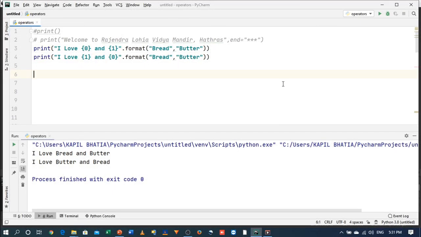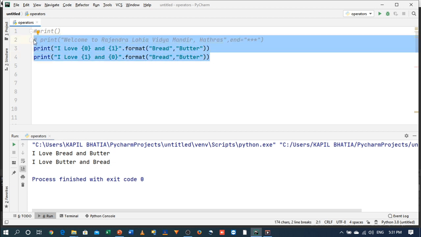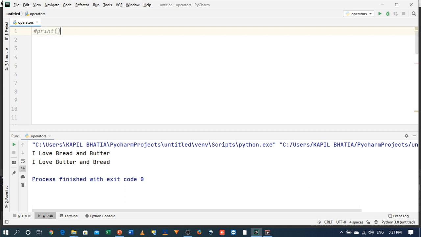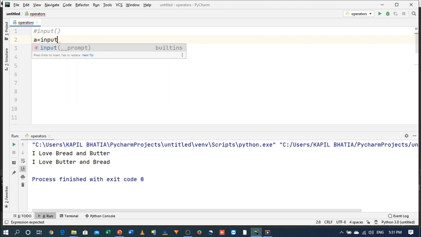In your program, if you want to collect any information from user, in that case you can use the input function. So using the input function, we are getting the value from the keyboard and assigning it to a variable. Remember one thing, input function always collects information in the form of a string. So suppose here I write a statement a is equal to input, and then in double quotes I write a prompt, let enter a number,